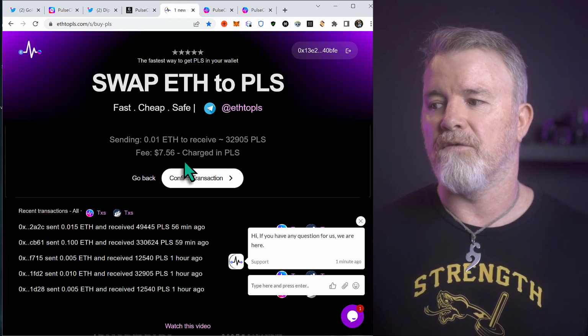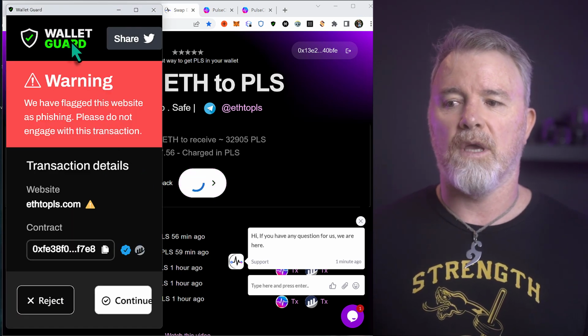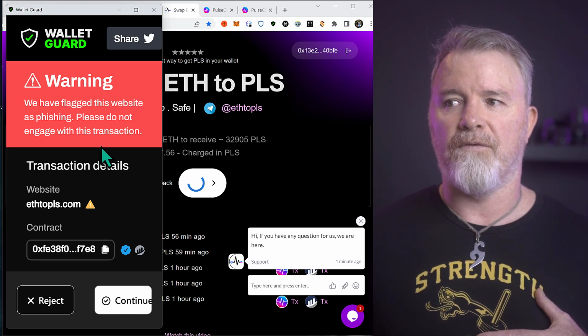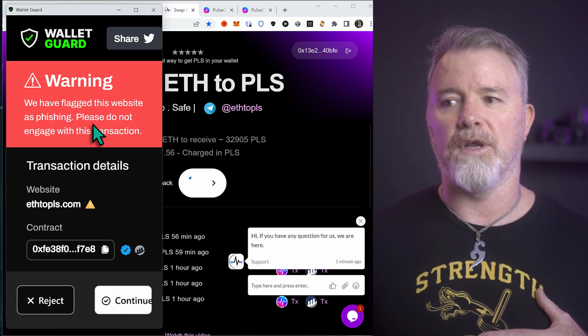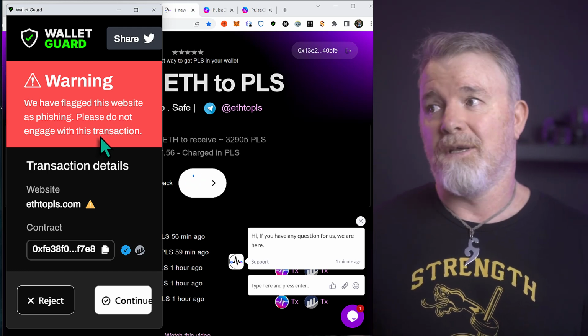Okay, so confirm transaction. It'll bring up MetaMask. I've got this Wallet Guard. Okay, but I've already done this, so I know it's okay. We have flagged this website as phishing. Do not engage with this transaction. Okay, so it says it's a phishing site, so